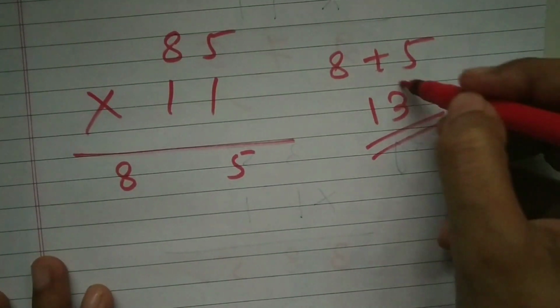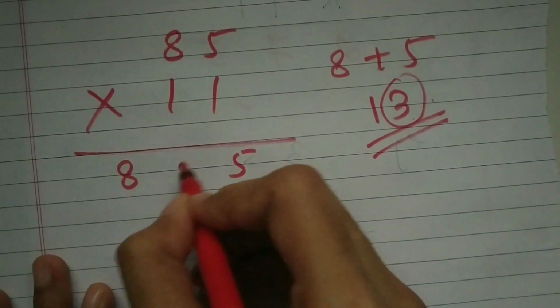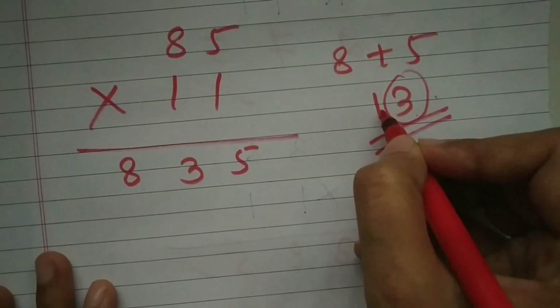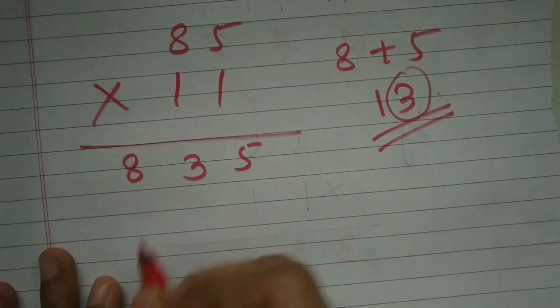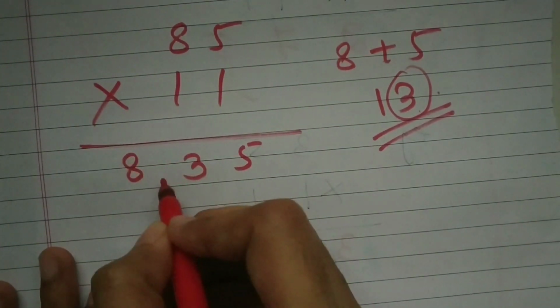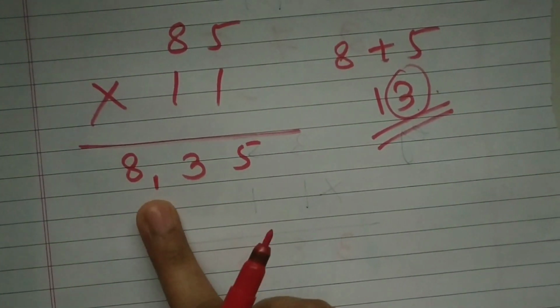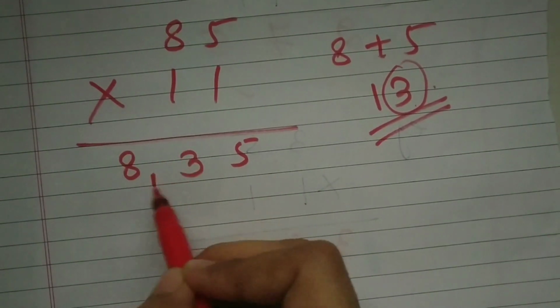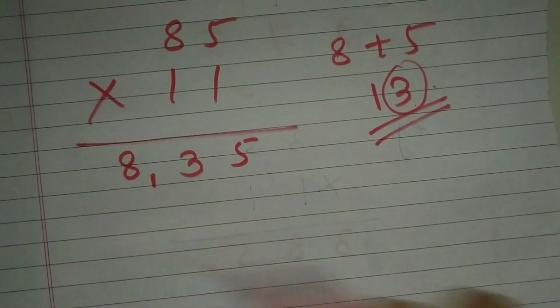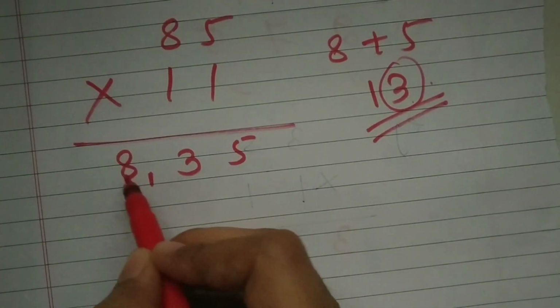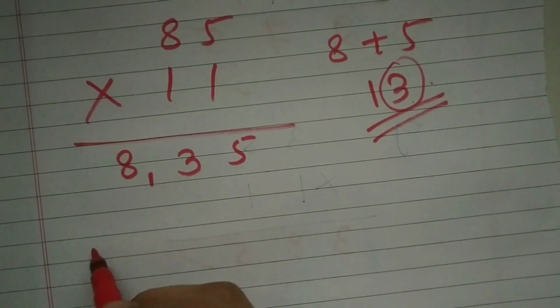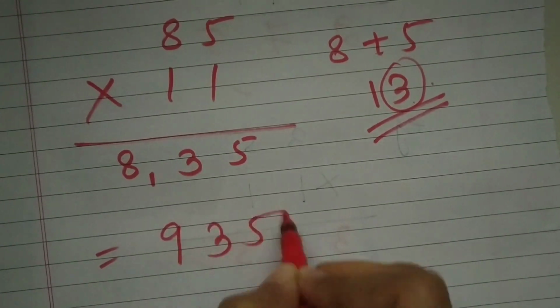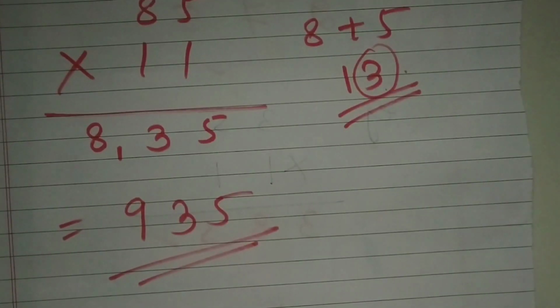Okay, so what you will do is, this last digit you're going to write here, and this one you're going to carry on to this number. So I'm writing it over here. This stands for the one you have put as a carry above your 8. You do it in your addition sums exactly like this. So what will it be? 8 plus 1, 9. So your final answer is going to be 935. So be careful when you get a carry. That time you need to pay extra attention.